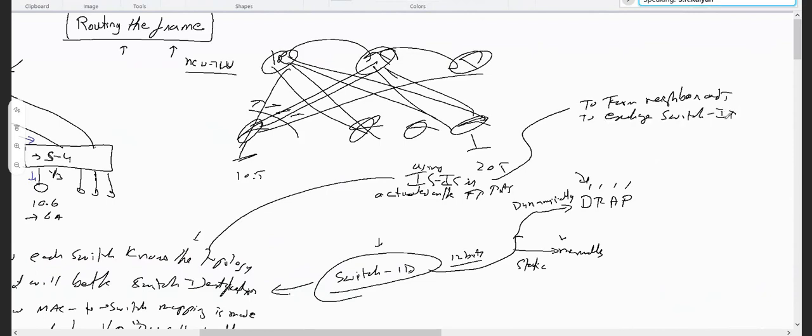Instead of IPv4 routes, it now exchanges the switch IDs to build topology databases